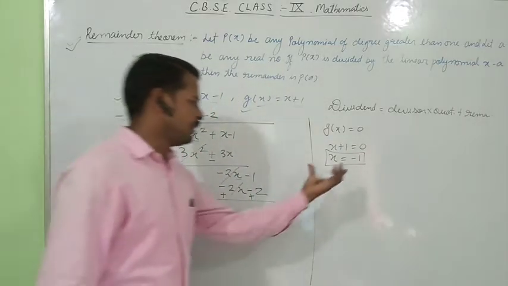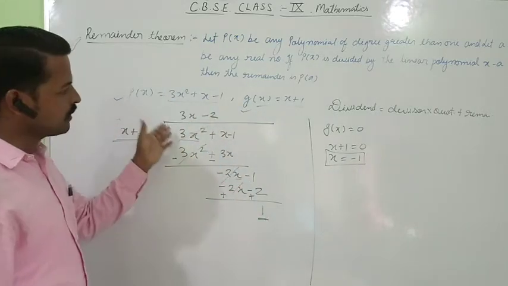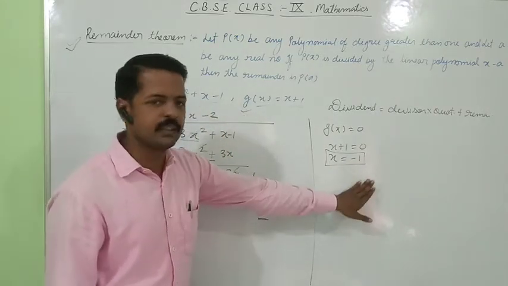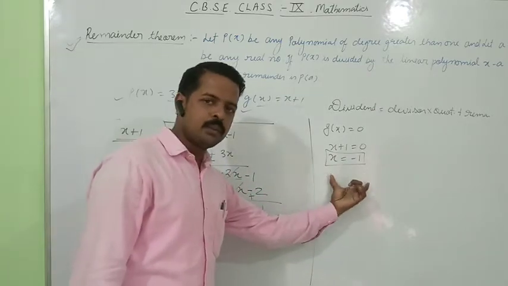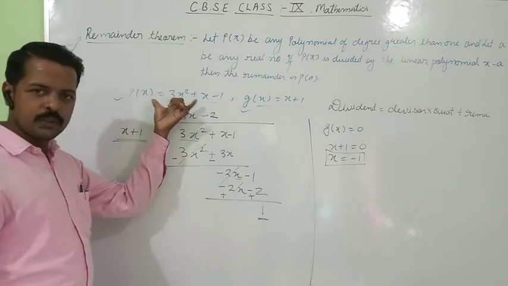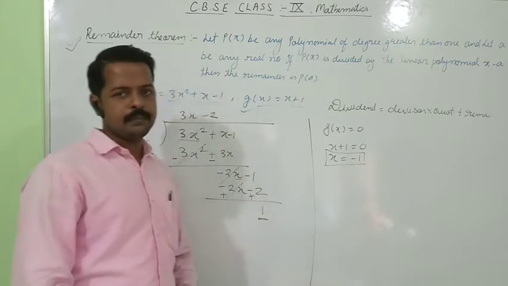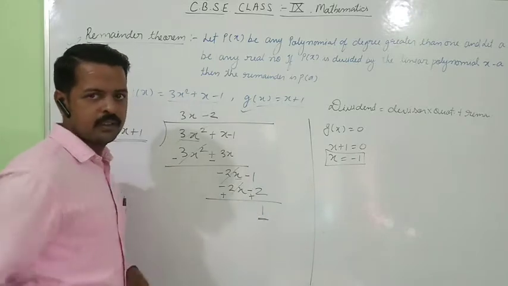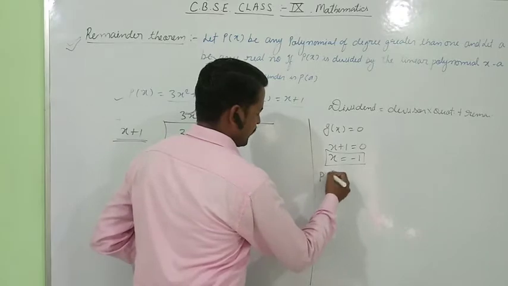Now simply substitute the x value in the given polynomial. Whatever value we get for p of -1, that is what? Remainder. अब हम क्या करेंगे, जो x का वैल्यू आया है वो सिंपली p ऑफ x में सब्स्टिट्यूट कर देंगे, जो उसका सॉल्व करने पे वैल्यू आएगा वही क्या होता है रिमाइंडर, और यहाँ पे चेक करेंगे कि वेदर आवर आंसर इज करेक्ट और नॉट। Now let's see p of -1.